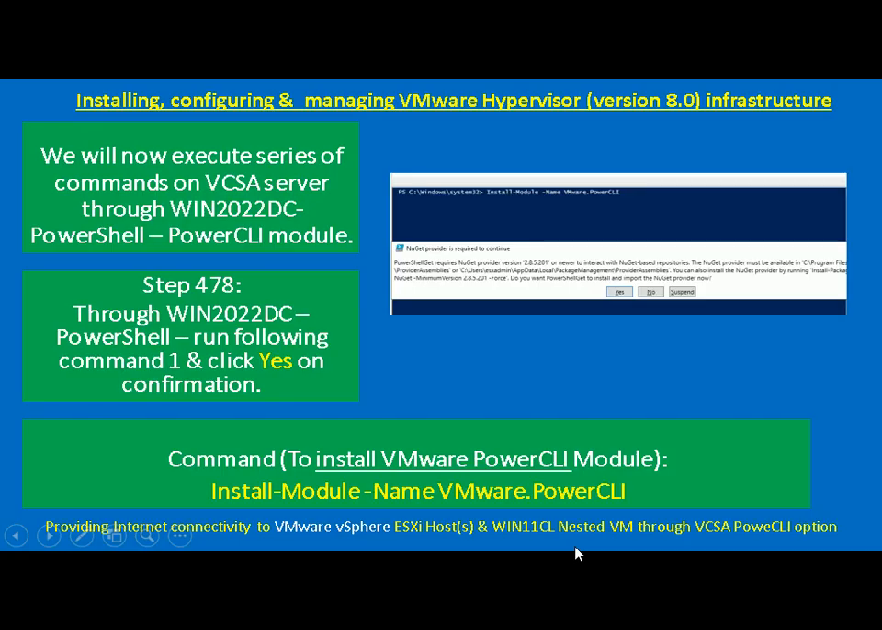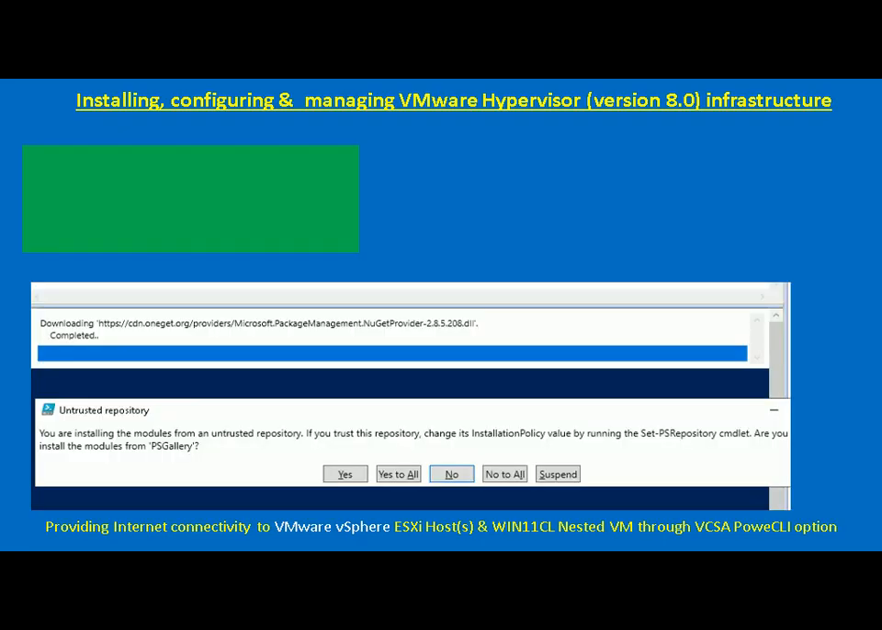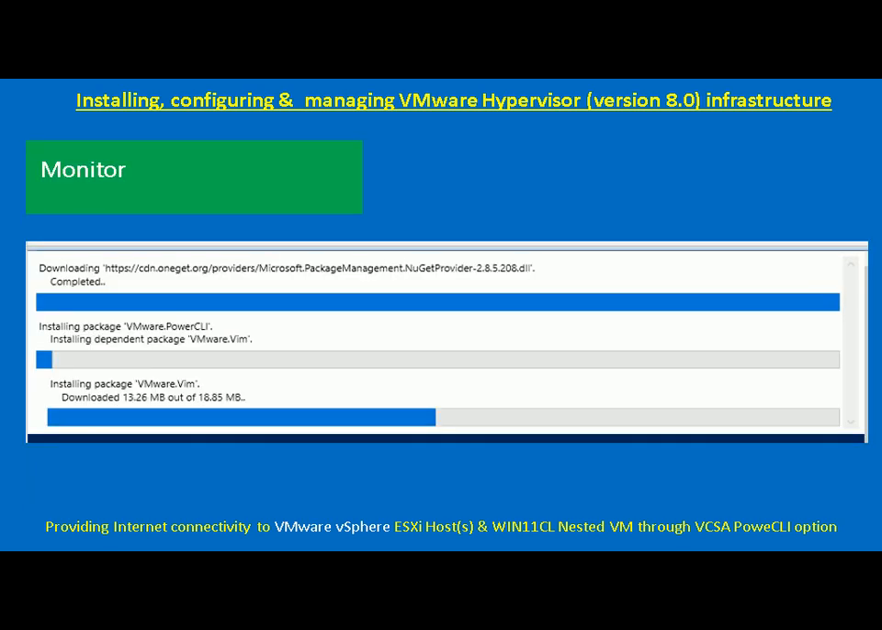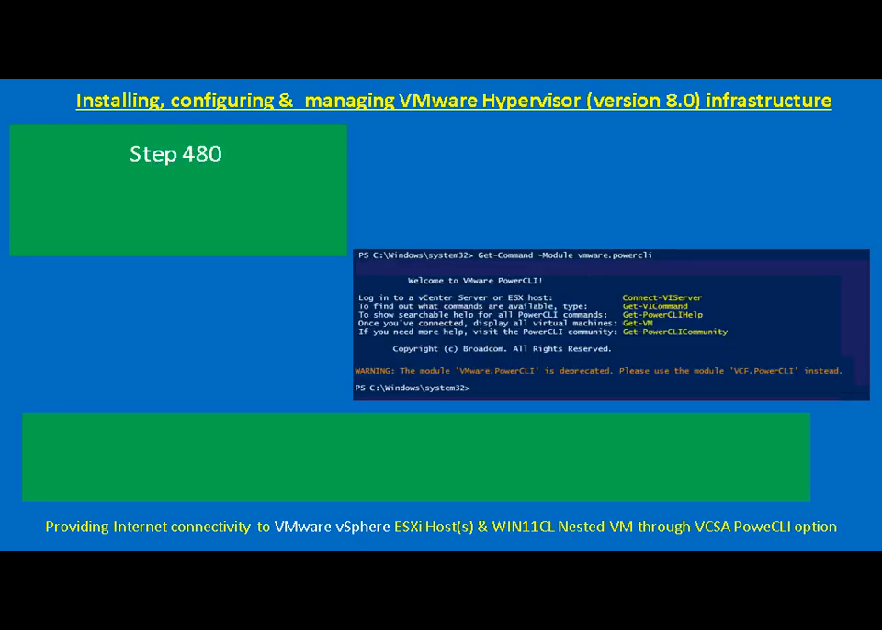Alright, so let's move on to the next step. The next step we have already completed. We have already downloaded our package provider NuGet from the PowerShell repository. So this step we have already completed. Next step also we have completed. We have monitored the PowerCLI module installation and we have completed the main module installation also. Right. Now next step